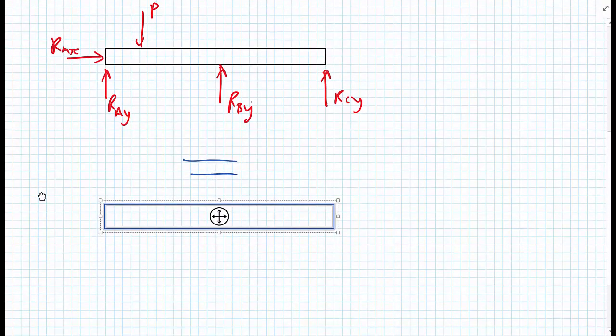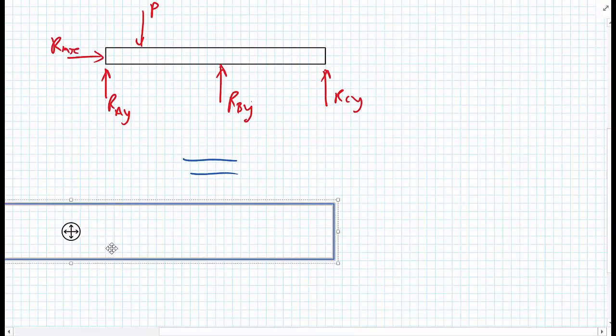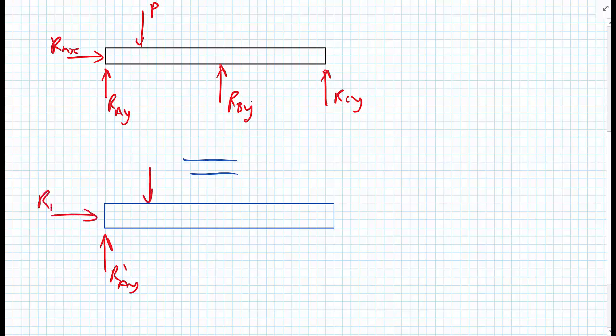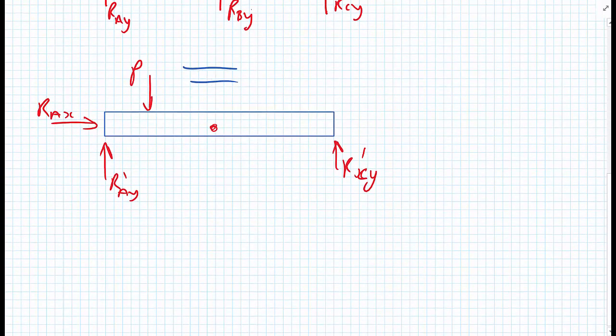So now we still have reactions at A. I'll call this dash because it's slightly different. We still have the real load, and we still have reaction forces RCY at the right hand side, but we no longer have the redundant support at B. I'll just draw B on there for the moment. But if we were to add to this structure